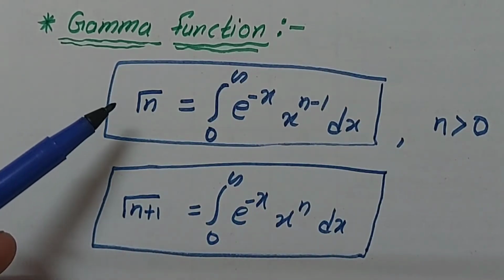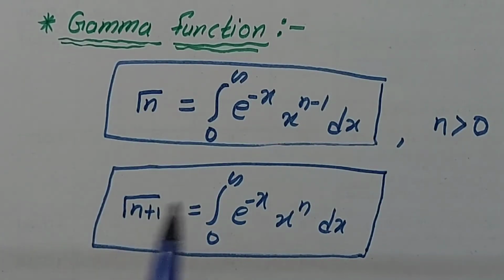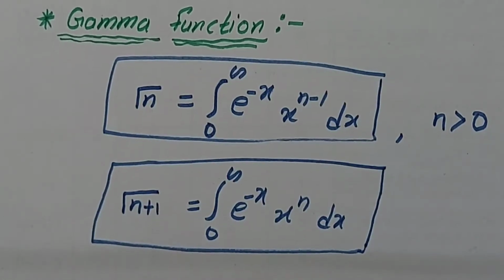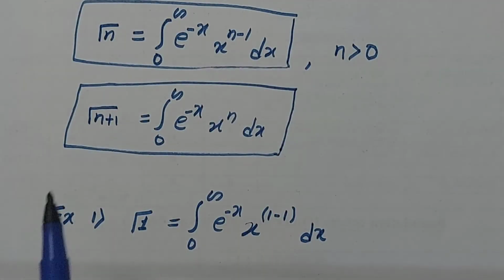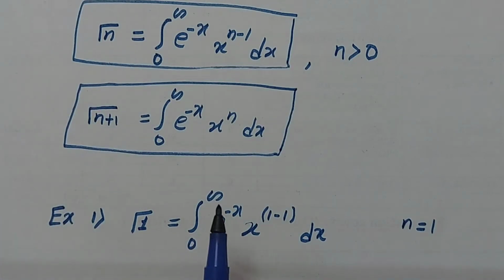तो ये हमारे पास में गामा की डेफिनेशन, गामा ऑफ n, और सेकेंड गामा ऑफ n प्लस 1. तो एज पर आवर क्वेश्चन हम इन डेफिनेशंस को यूज़ करके एग्जाम्पल सॉल्व करते हैं. तो हियर वी टेक फर्स्ट एग्जाम्पल. इफ यू वांट टू फाइंड वैल्यू ऑफ गामा ऑफ 1, तो बाय डेफिनेशन हियर गामा ऑफ n, दैट मीन्स n इक्वल्स टू हियर 1. तो हियर n इक्वल्स टू 1 अगर हम डेफिनेशन ऑफ गामा फंक्शन में पुट करते हैं तो वी गेट इंटीग्रल 0 टू इन्फिनिटी ई रेज टू पावर माइनस एक्स रेज टू पावर 1 माइनस 1 इंटू